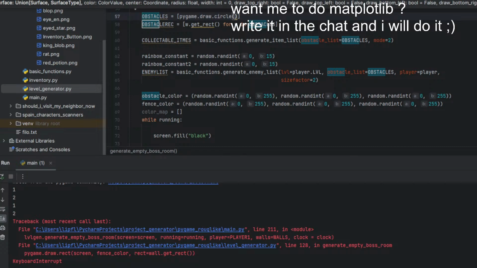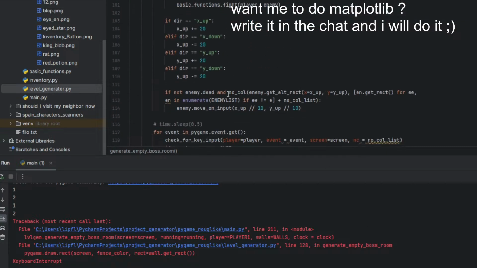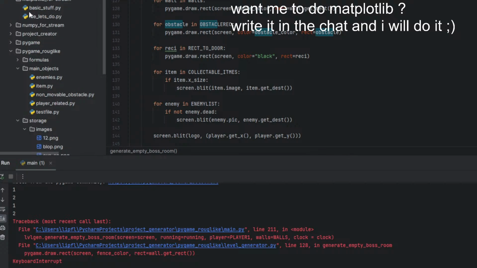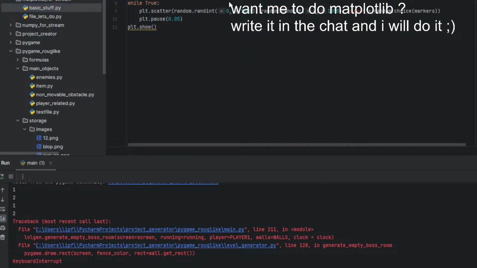So I could do some Matplotlib. I will learn more regarding Matplotlib. Maybe it will be fitting for the next tutorial. So yeah, where do I have it? Matplotlib for stream basic stuff. Close other tabs.